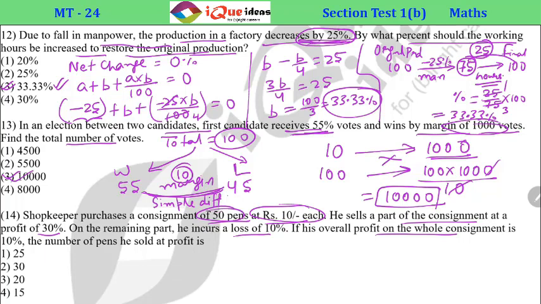On the first part, there is a profit of 30%, right? On the second part, there is a loss of 10%. So, it is minus 10. That is what is important. And overall, there is a profit of 10%. So, it is plus 10. Now, in alligation, what do